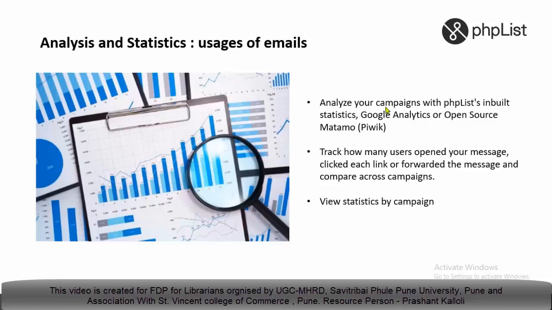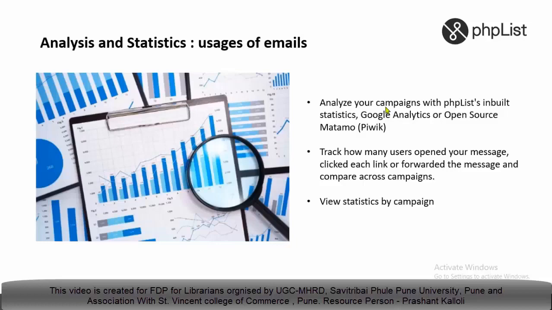In PHP, sending mail is one type of library service, and the success of a service is measured by its usage, analysis and statistics. When we send emails from our regular email client, we never get information about how many users open our email, or how many emails we send during a period of time. We can't compare the usage with other mail campaigns. Traditionally we cannot get the usage report. We are only sending the mails to our users.